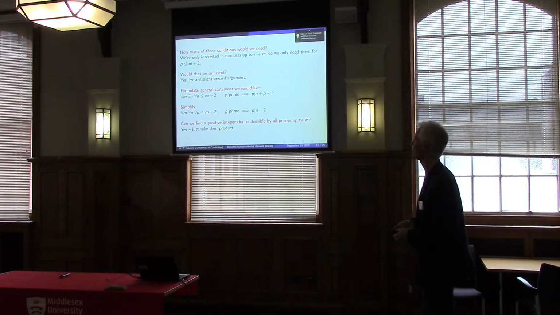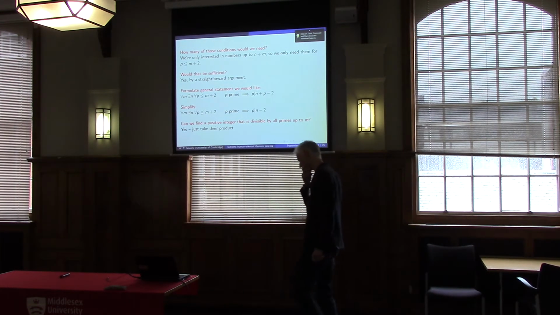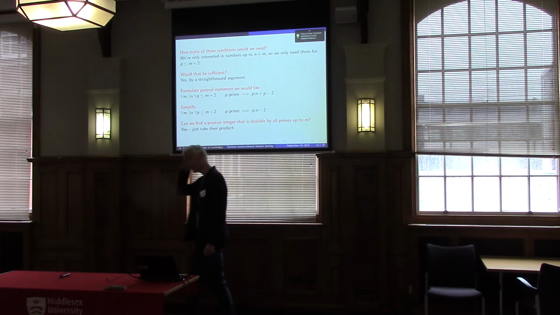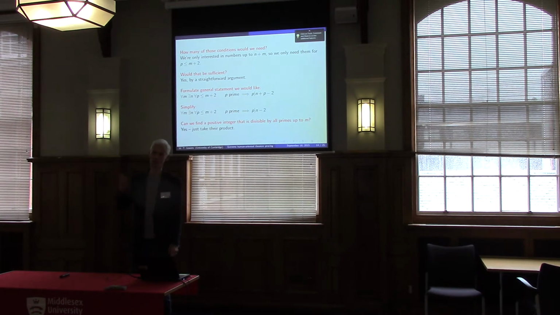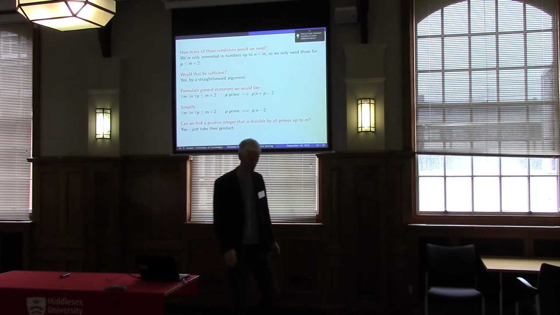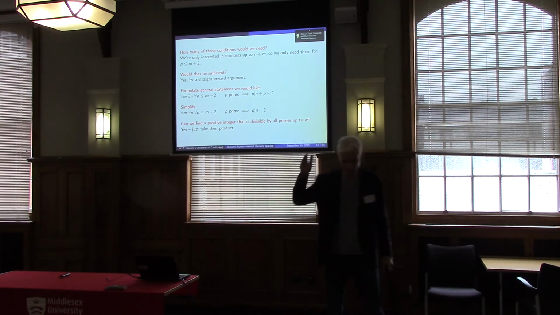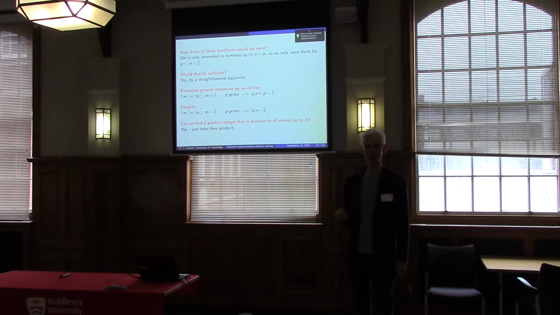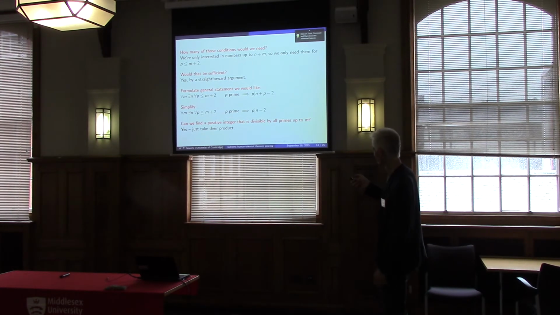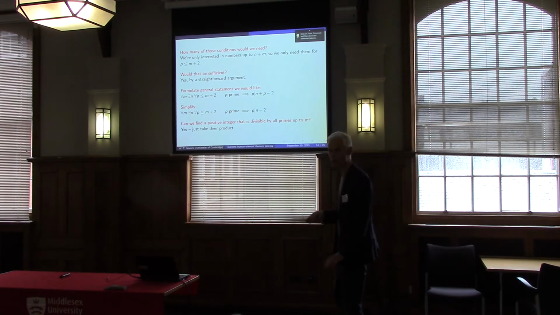So if an undergraduate came to a supervision and said, I tried to do that problem, I just couldn't do it, and I said, well look, if you take n minus 2 to be the product of all the primes that are less than or equal to 102, let's just check that that works, and gone through a little verification, that would leave them thinking, yes, okay, I can see that that works, but how did you think of that? This is a common complaint. How did you think of choosing that number in the first place? And this is just one way that it might be done.